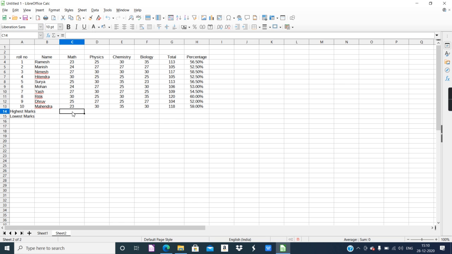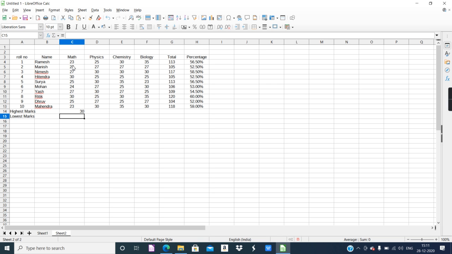All right, so here you know very well there are two predefined functions, that is called min and max. For highest we will use max and for lowest we will use min. So max function we are going to use. After the name of the function, the rule is to use the parentheses and give the range of the numbers, give the range of the marks. So how to give the range of the marks? It's easy. After parentheses, just select the marks, the range will be prepared automatically for you. Then close the parentheses and type enter.